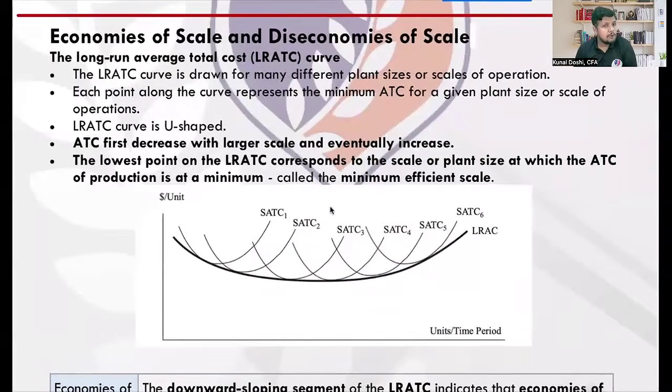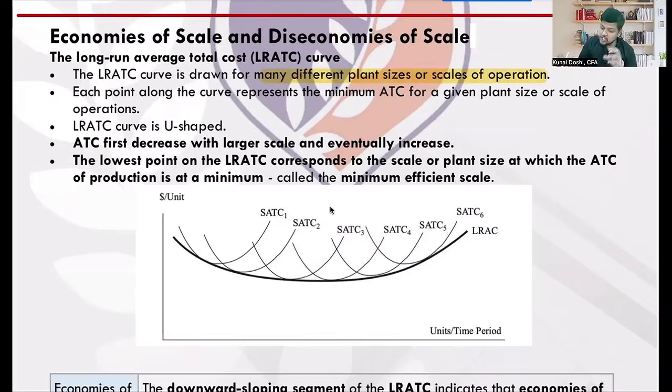Now we are going to understand an important concept that is called economies and diseconomies of scale. Most of the companies, if they are producing at a massive scale, their average fixed cost will keep coming down. Due to this, their average total cost also goes down. Why? Because the fixed costs are fixed irrespective of the quantity that you generate, right? So in the long run, if the company is operating efficiently, what will happen? We will see the company's average total cost keep going down.